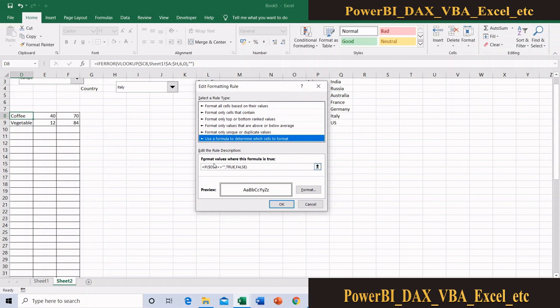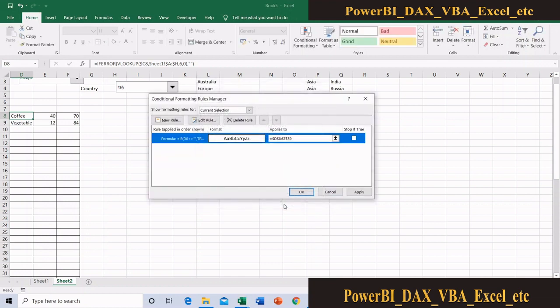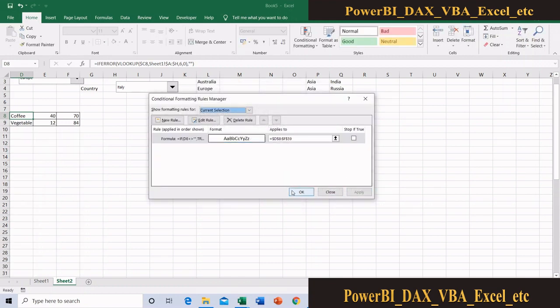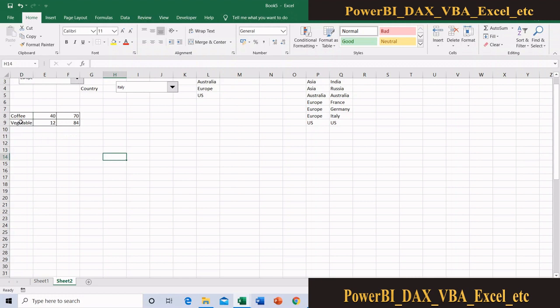But I want to remove this dollar symbol here. This means that if we are in the row E, in the cell E18, if there is an entry in that cell, just give border. That's it. Then apply. OK. Apply. Now you can see that the corresponding wherever data is present, in that cell only border is present.